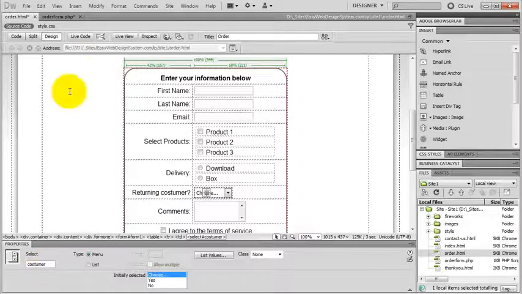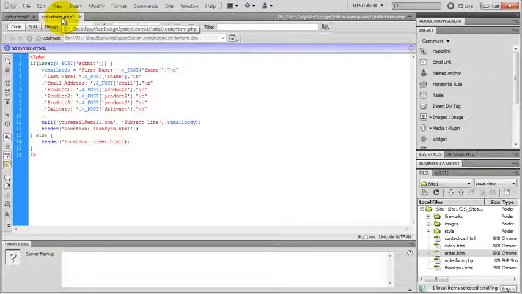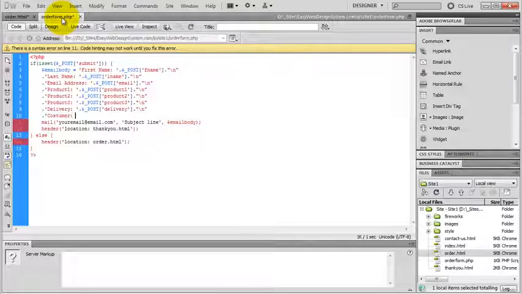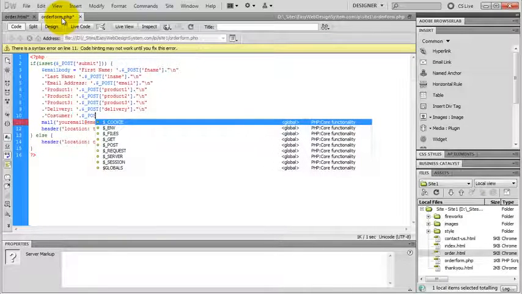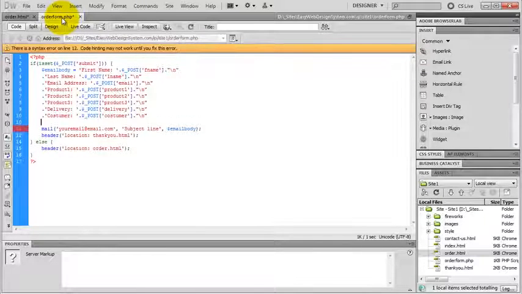So I go back to my PHP file, and I type in customer, it was customer, backslash n for a new line. Next, I'll go back to my form,